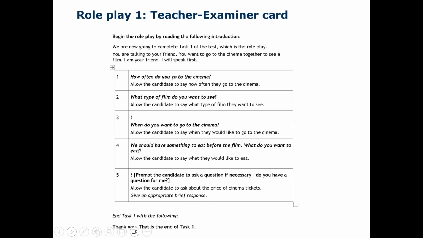When do you want to go to the cinema? And this is the unseen one, so they have to say on Tuesday. Remember, the candidates, to gain full marks, need to say more than one word. So when do you want to go to the cinema? If they say today, they only get 1 mark. But if they say on Tuesday, they would get 2 marks. But we don't need a full sentence.